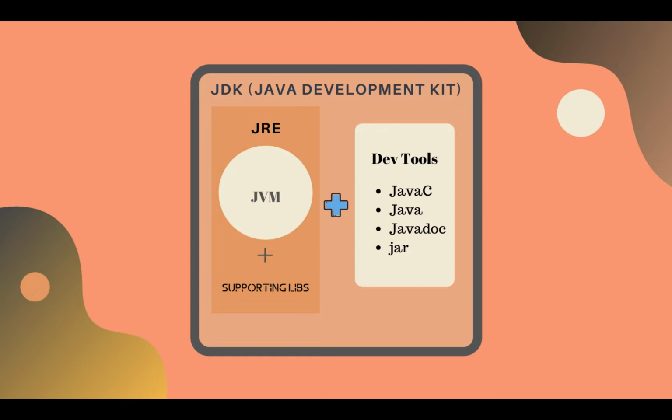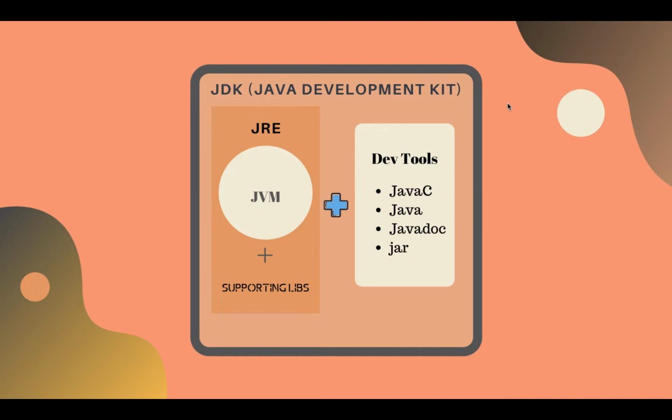So next is JRE. JRE is the Java runtime environment. JRE contains everything to run a Java application. It contains supporting code libraries required to run Java applications. And JRE is a combination of JVM, which is the Java Virtual Machine, and all these supporting libraries. And finally, JVM, the Java Virtual Machine, is machine specific and can only read bytecode that has been generated using the Java compiler. So once the Java compiler compiles the code to bytecode, JVM is the one which reads it and